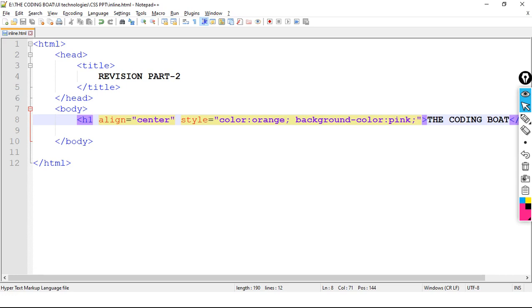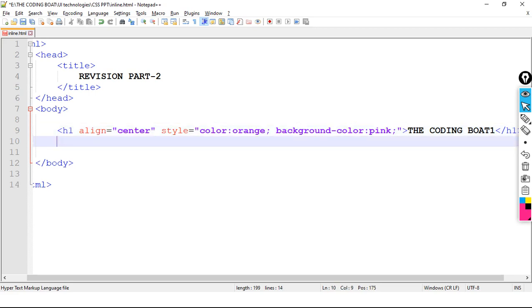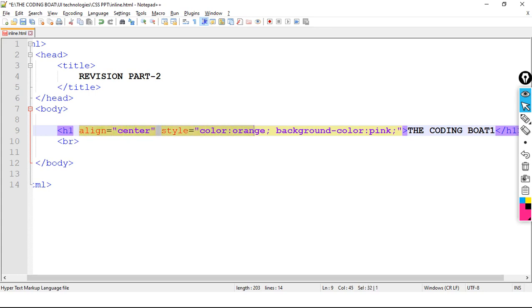Here what we will do, br, and here we will have to remove this, because this is an example of inline. In inline we use all these things.